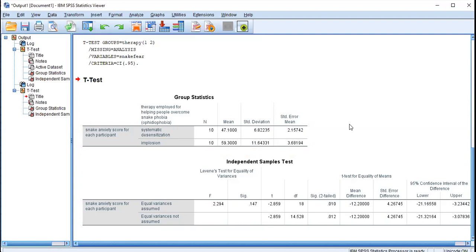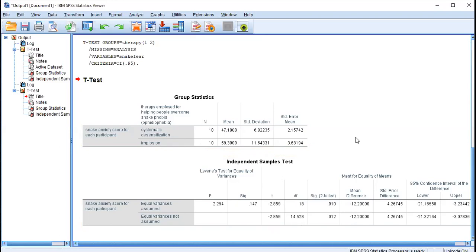Now coming to whether we are going to accept the null hypothesis or the alternate hypothesis. Here if you look at the t-value, it comes to 2.859. I will not be considering this minus symbol here. This is something we have discussed previously also. Since systematic desensitization has the lower value, which is the numerator, and the implosion therapy, which is the denominator, has got the higher value, 59.3,